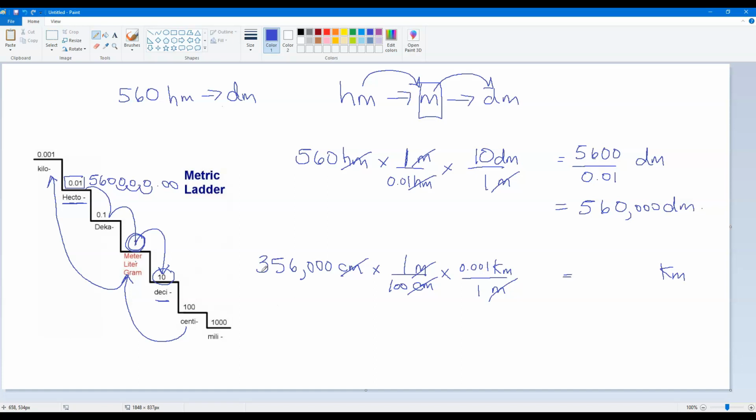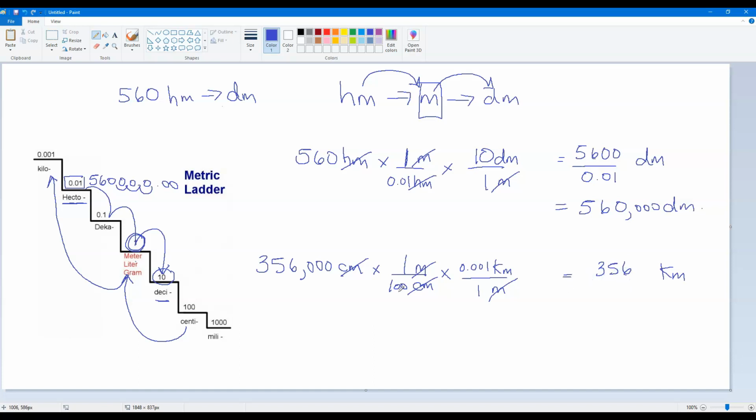Now, using my calculator, I can put 356,000 times 1. Nothing happens, or it's the same answer, and then I'll times it by 0.001, and that's going to give me